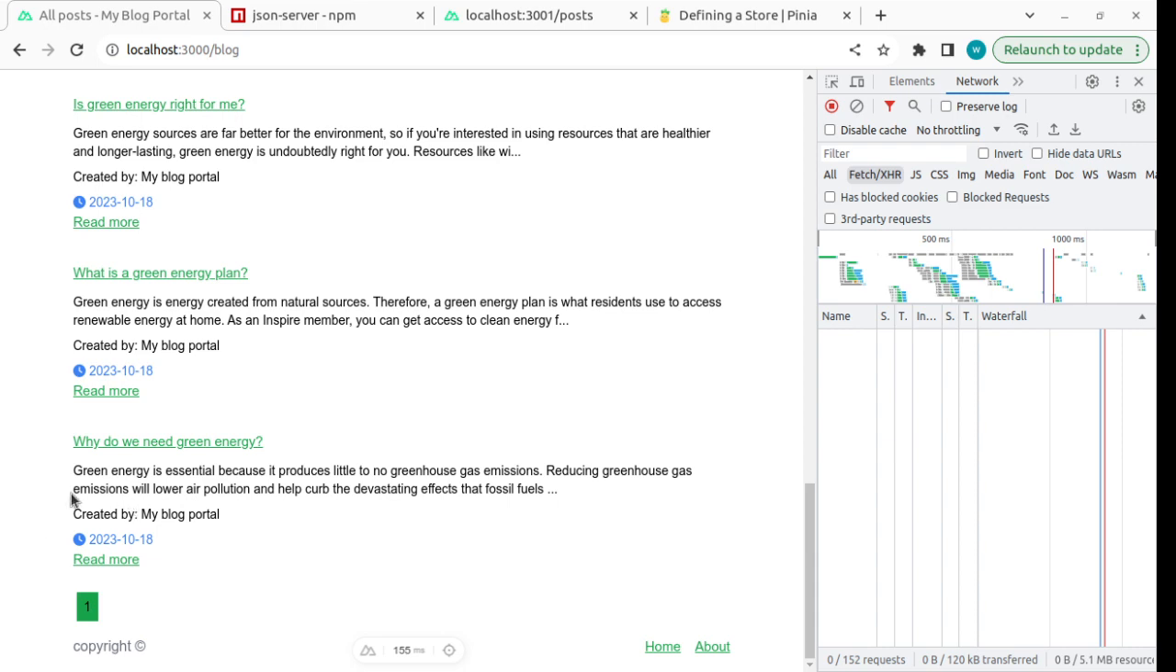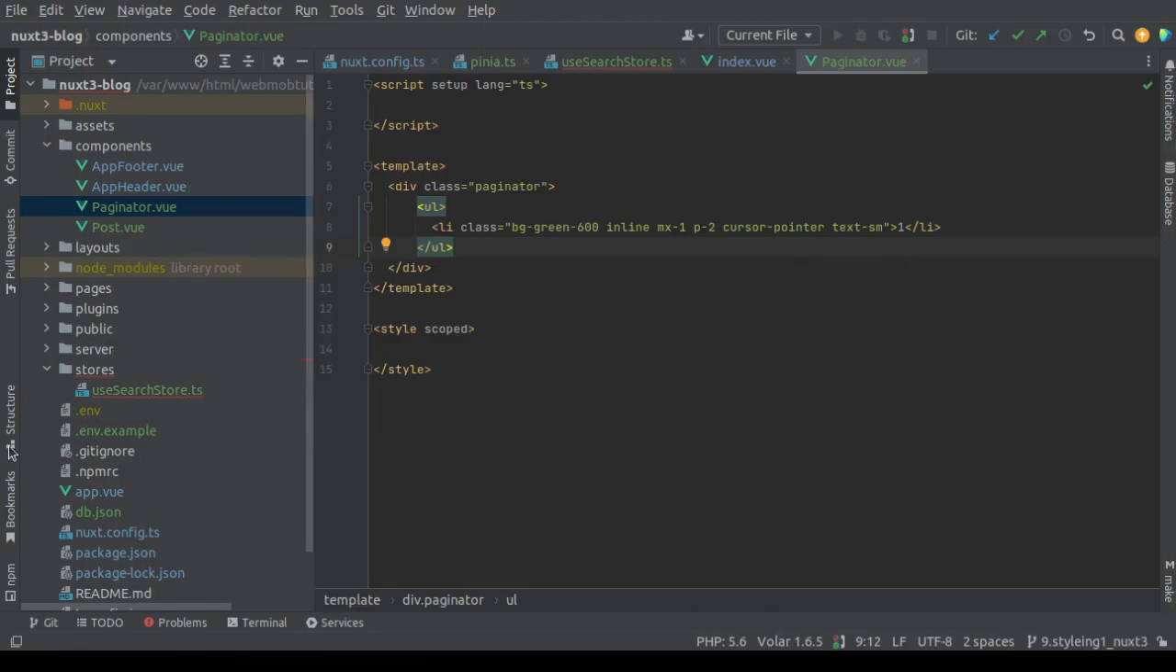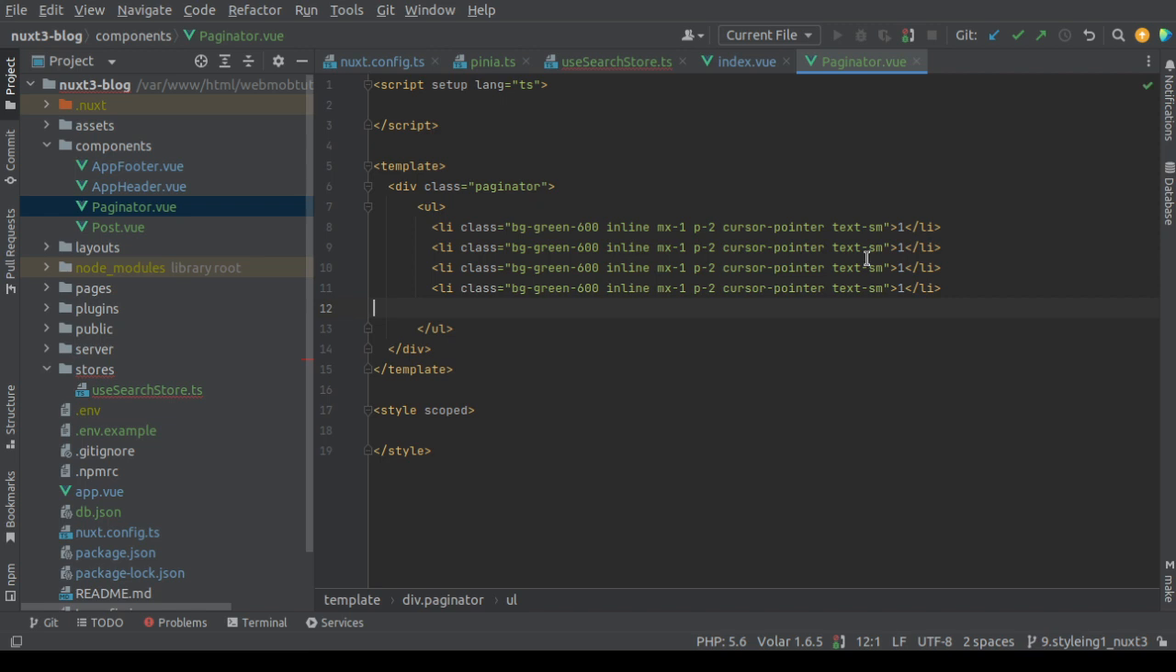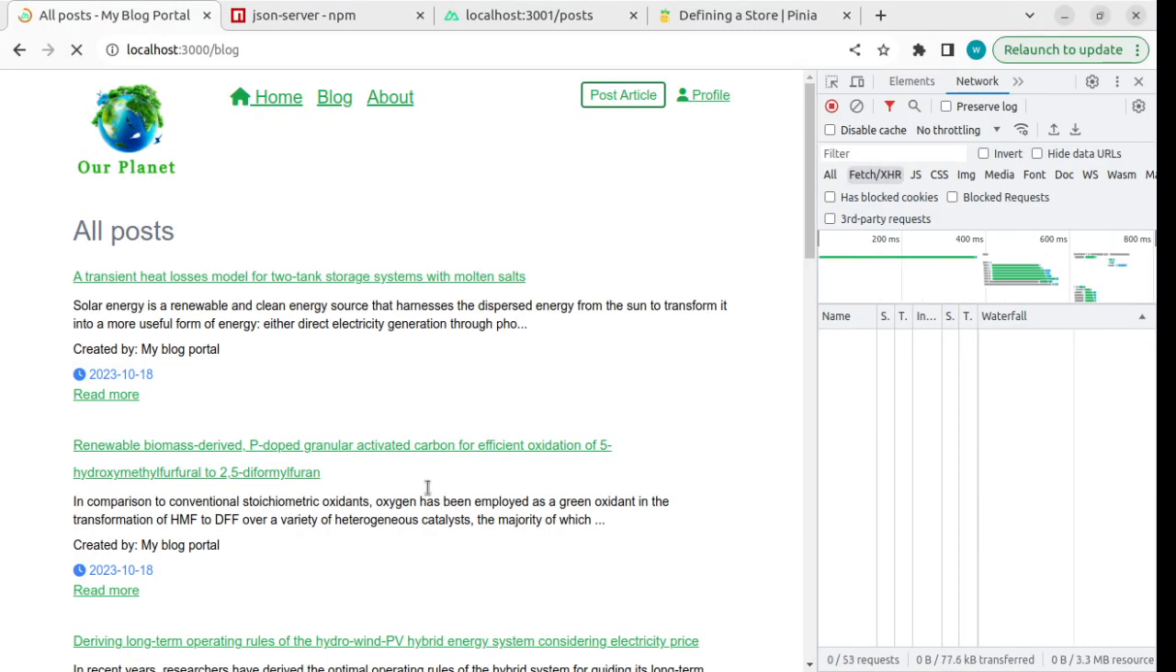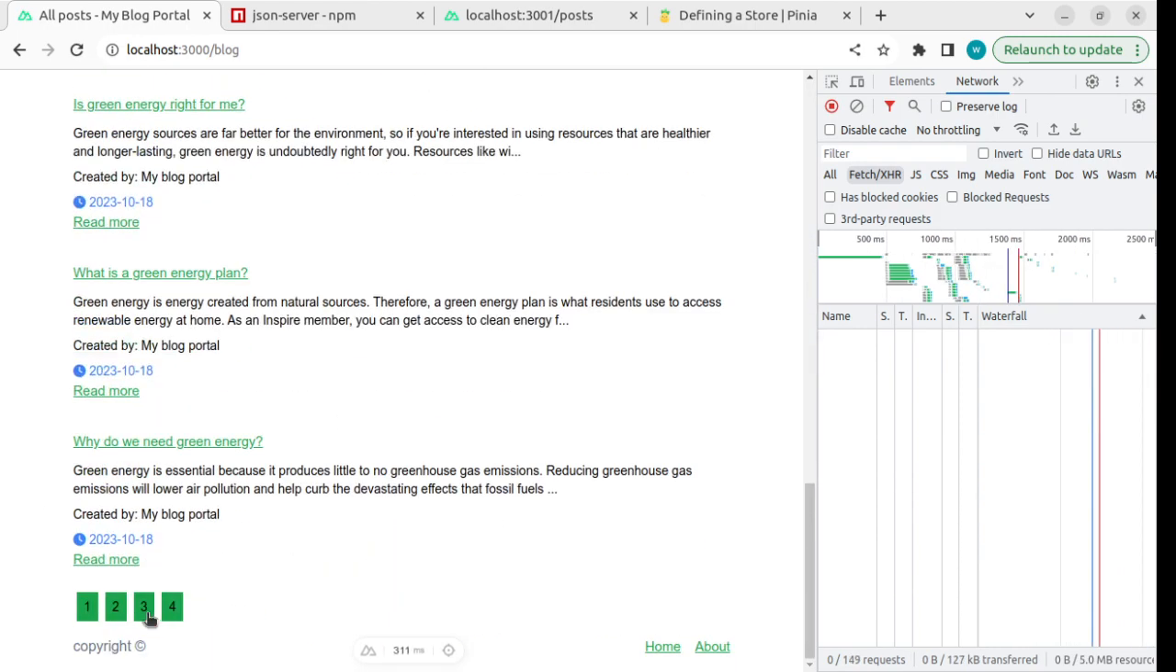Let's add some other links so that we can preview it correctly. Let's copy this, and let's make this 2, 3, 4. Now let's check it again. Now I think it's acceptable. Okay,